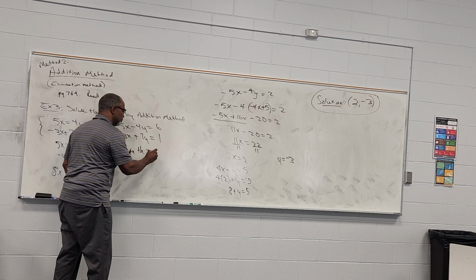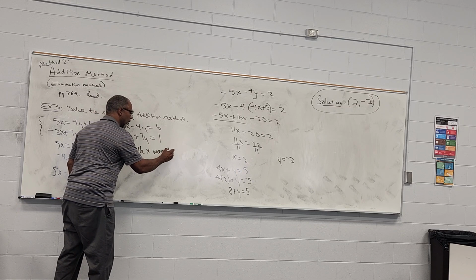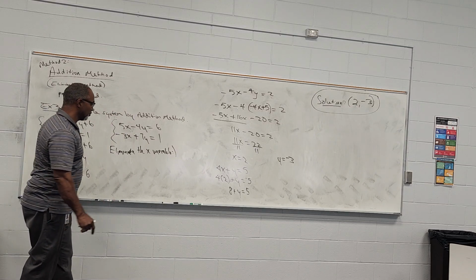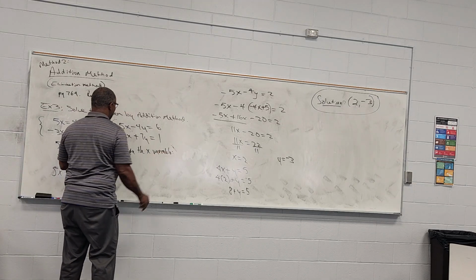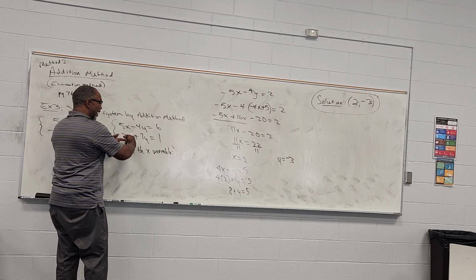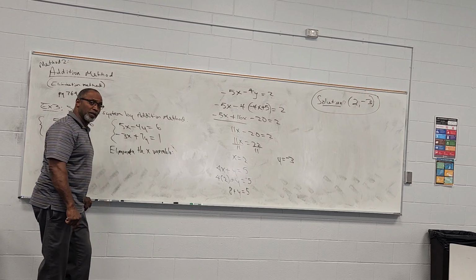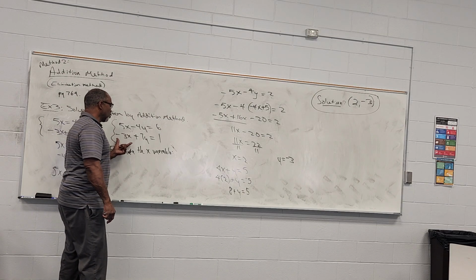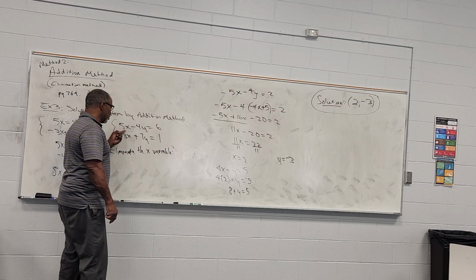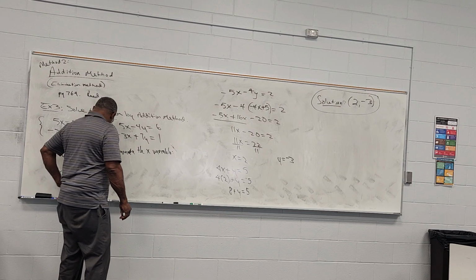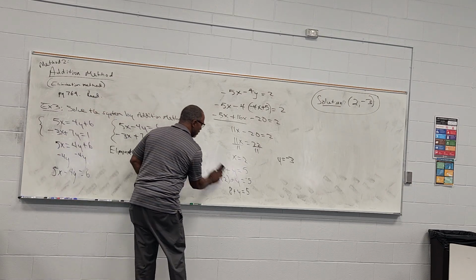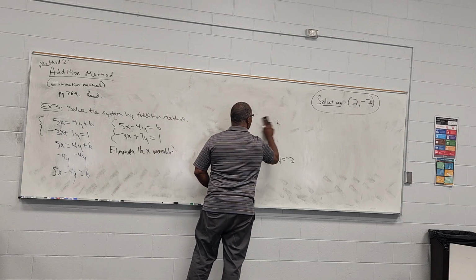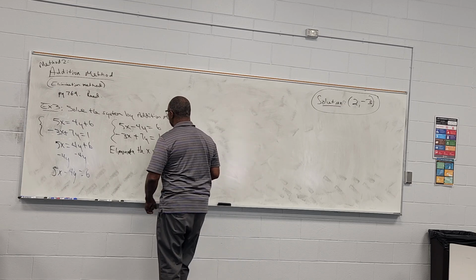I'm going to eliminate the x variable. That's my plan. So right now I've got a positive 5x and a negative 3x, and we're going to add the two equations together to do it. That's the other reason it's called the addition method. But if I add these two equations together, then this term and this term need to be opposites. So the first thing I'm going to do is figure out what I need to multiply both equations by